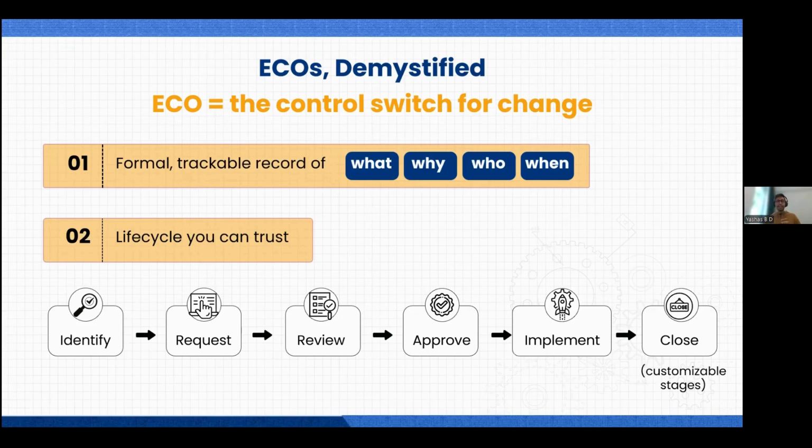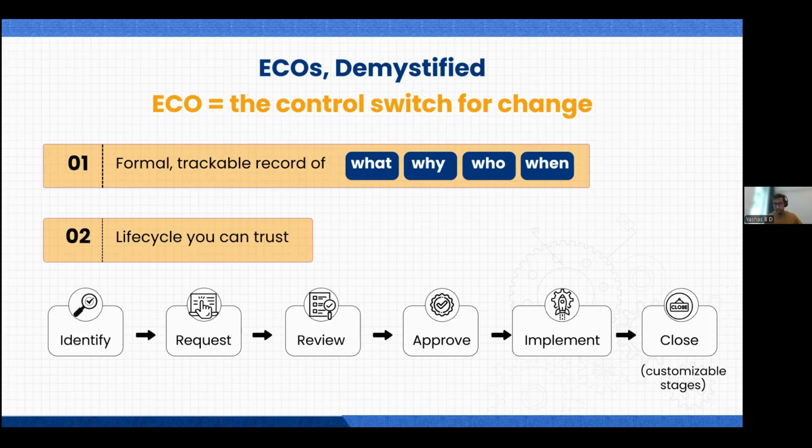Now, suddenly there is a change from the market. That is, there is a demand from the market to bring a change in this product. Now, we cannot change the existing one itself. We will make a new version of the existing bill of material. So what change has to be brought in, why there needs to be a change, who does this change, when this has to be changed, and obviously how it has to be changed. All this is nothing but a life cycle of a product.